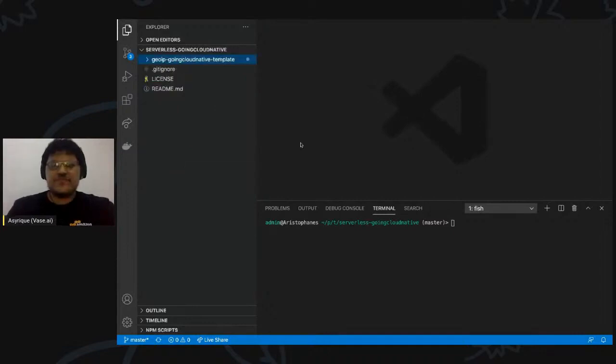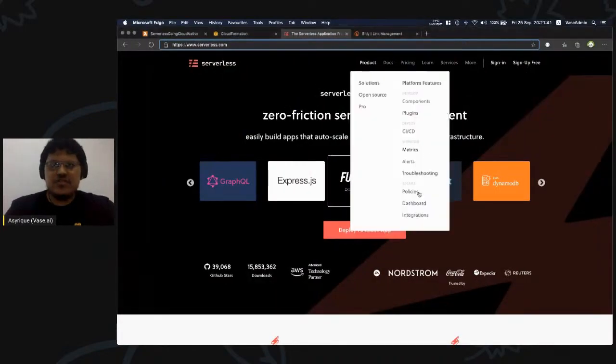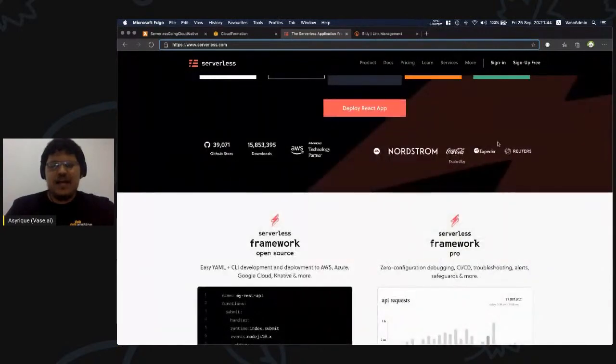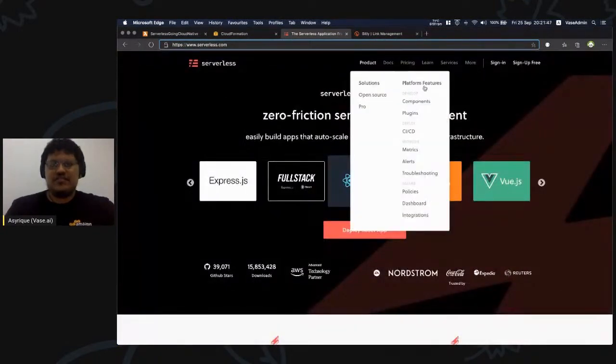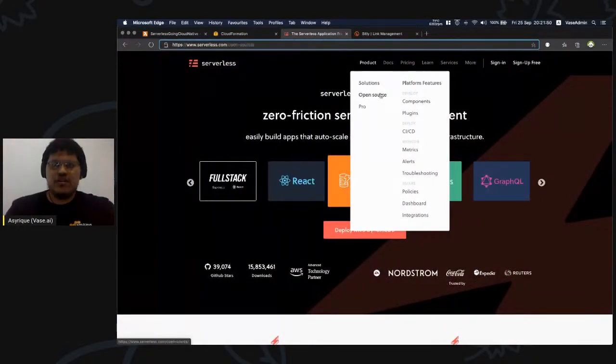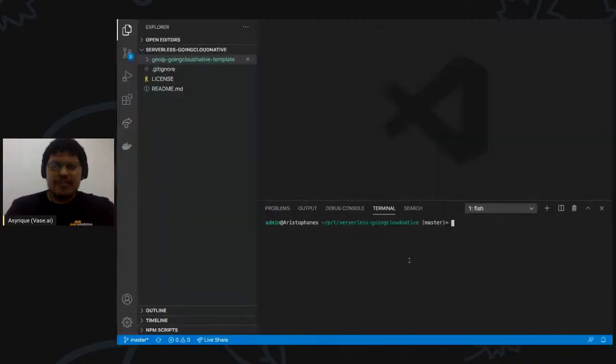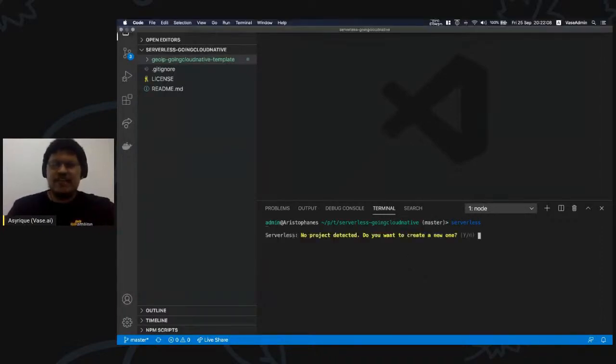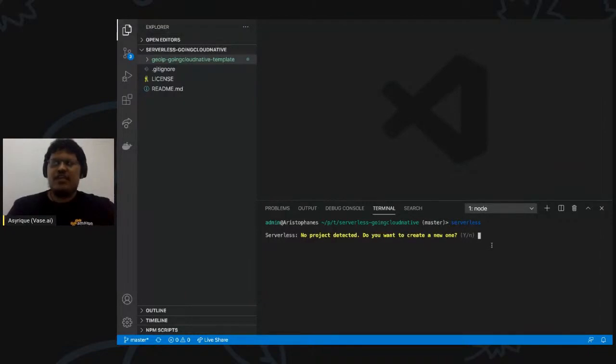So the first thing you want to do from the website is run npm i -g serverless to get the serverless tool onto your laptop. I've already run that, so I already have the serverless tool running on my laptop, as you can see. And you install it from Node. But if you don't have npm or Node on your computer, they actually have the instructions for Mac and Windows as well on how you can install it without needing to install Node per se. All right, so serverless is going to tell me, okay, no project detected.